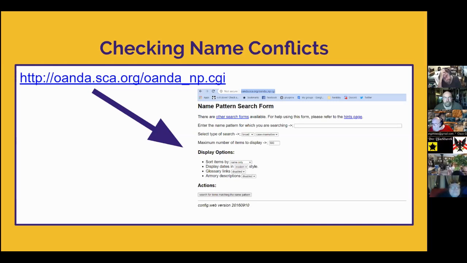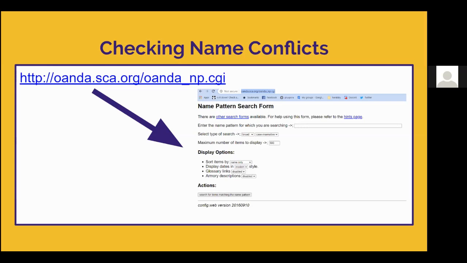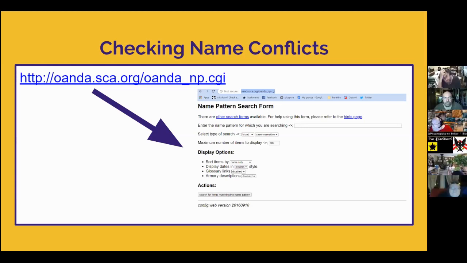You might have Georgie, Georgi, instead of E. That's a close enough one that you may want to tag it as a conflict. And this is only one type of name search that you can do. There are others that